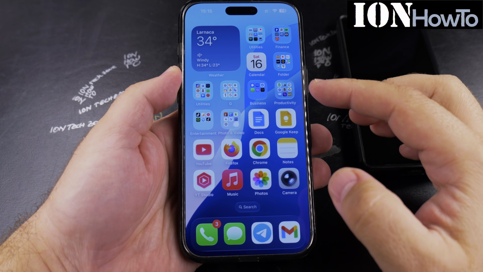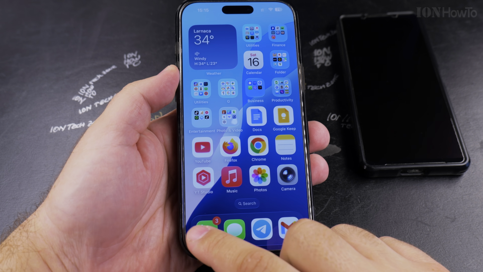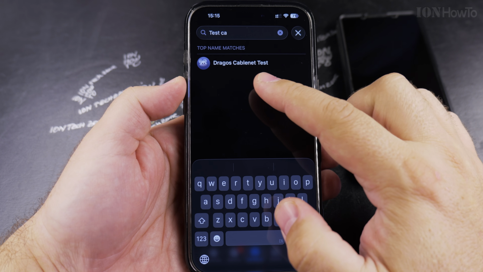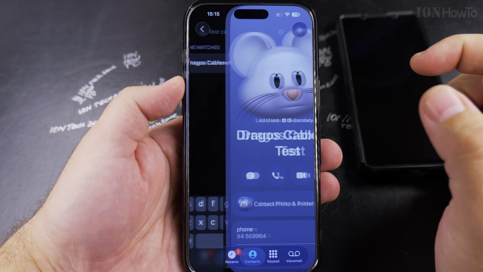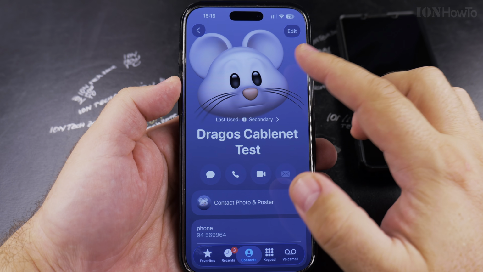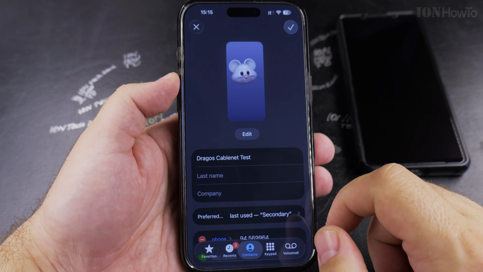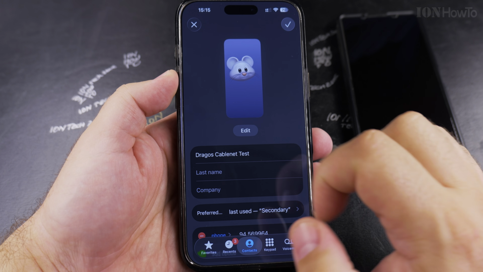Today I show you how to change the photo of a contact on your iPhone. You can go to the phone app and search for the contact you want to change the photo of. And here I use one memoji, and you can tap edit and then you tap edit again under